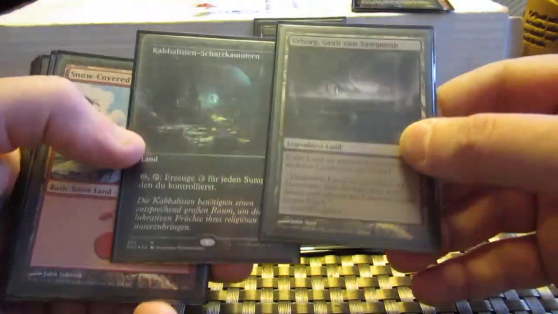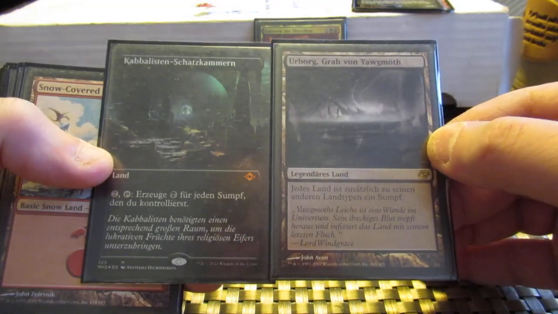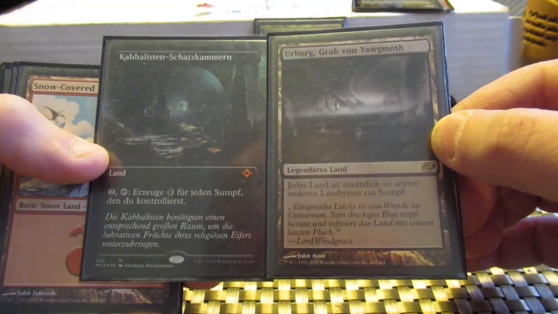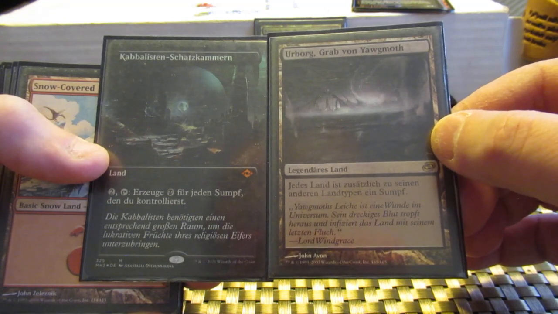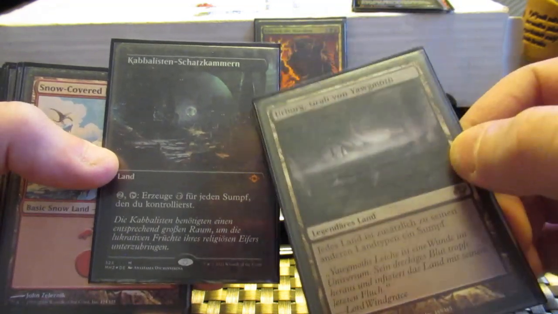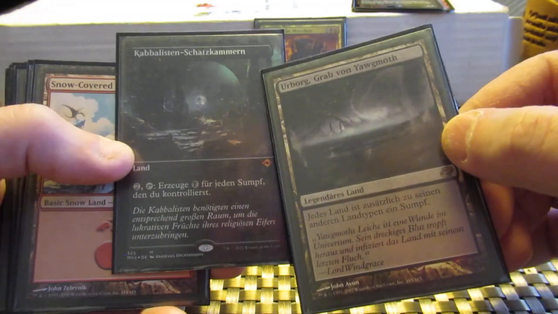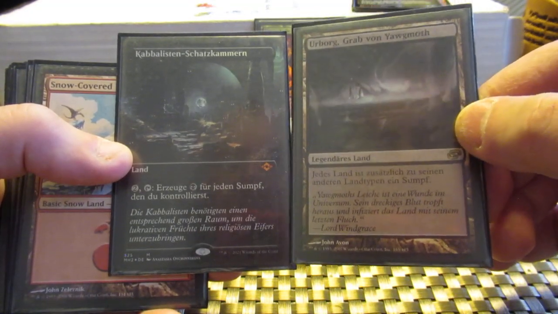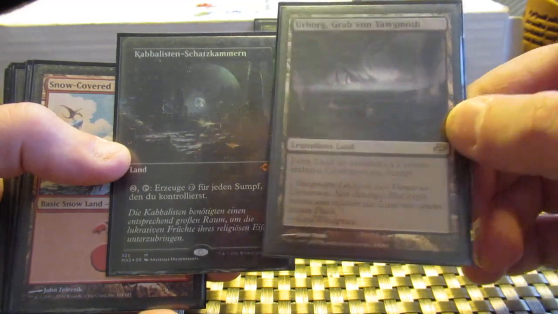Here's the dynamic duo. Urborg, Tomb of Yawgmoth. All lands are swamps. Cabal Coffers. Spend 2, tap, add 1 black for every swamp you control. Now keep in mind, Cabal Coffers not only give you a lot of mana, but also can filter the mana. Let's say you have Cabal Coffers